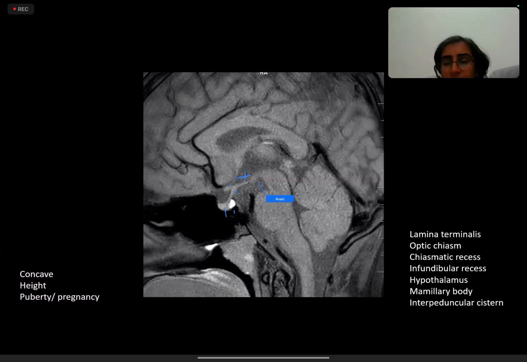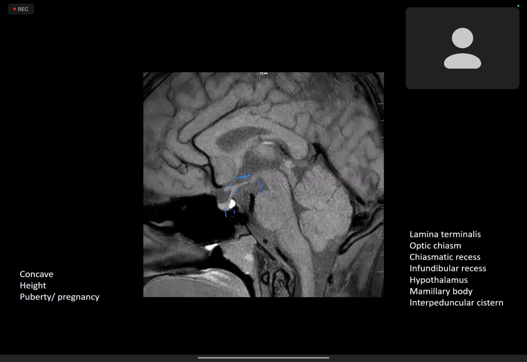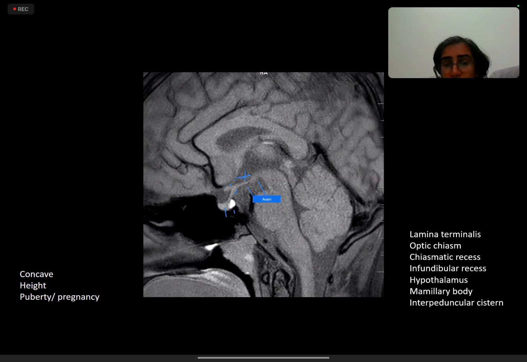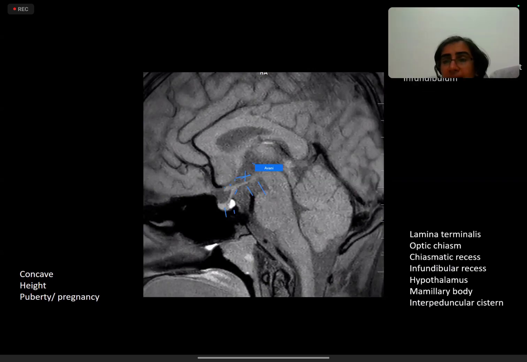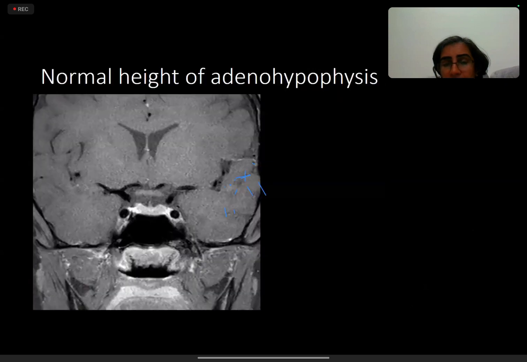And then we have the hypothalamus and mammillary bodies. Yeah, this is the mammillary body. The one below the mammillary body where your line is, is the interpeduncular cistern, and above the mammillary body is the region of the hypothalamus. Adjacent to the infundibulum is the infundibular recess, and we have already shown the adenohypophysis and the posterior pituitary bright spot. All right, so that mainly covers these anatomical landmarks. And Kamli, can you delete the annotations, please?